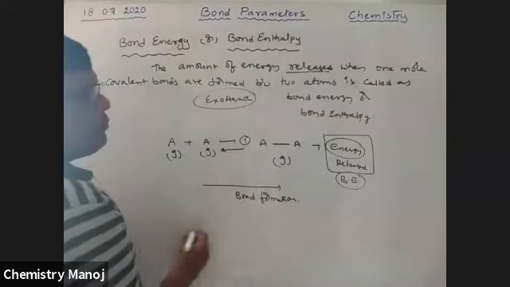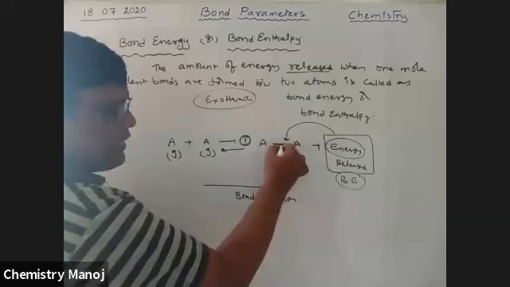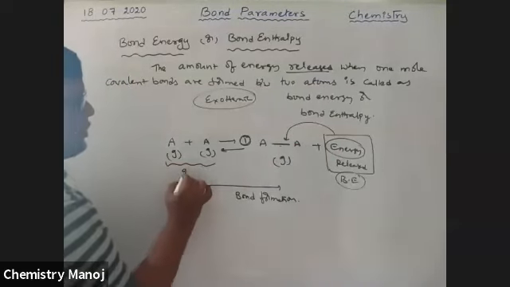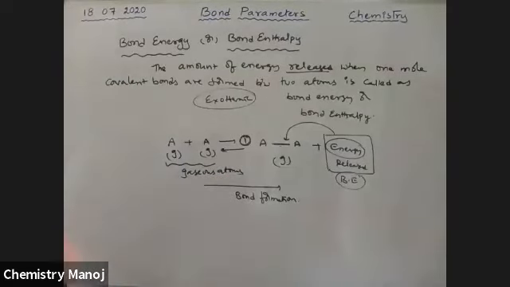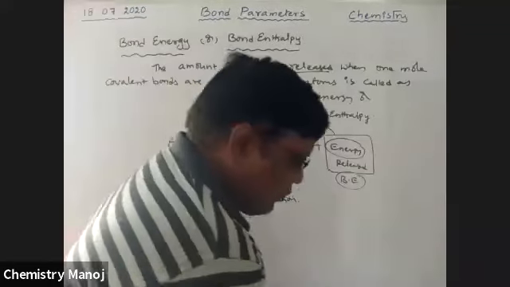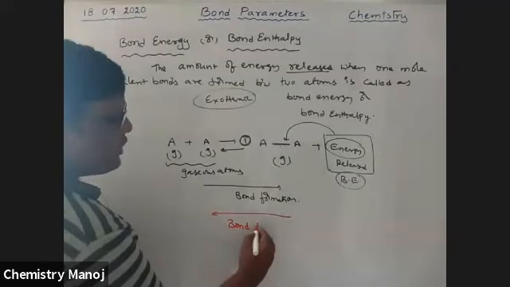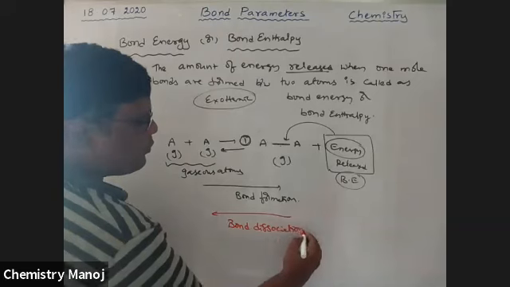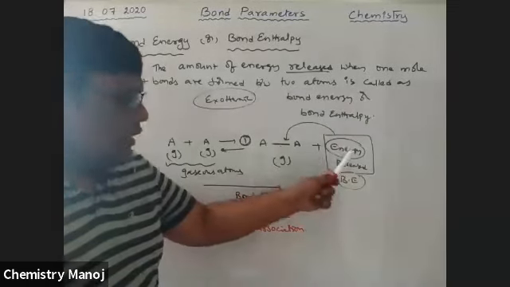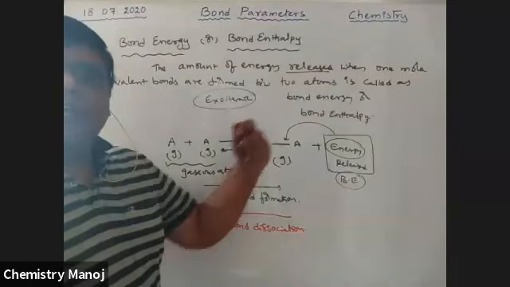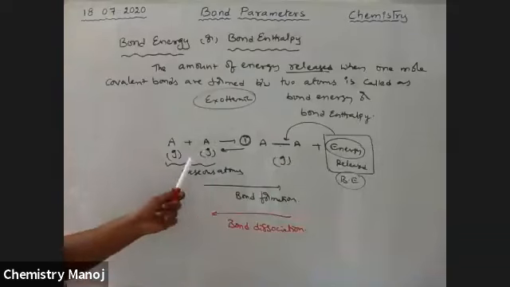Now I am taking the reverse case. In the reverse direction, I have 1 mole of AA molecule. This much energy is supplied and it converts into the respective gaseous atoms. That backward direction is bond dissociation. How much energy is required to break this 1 mole of bonds? The released energy is sufficient. If I add that amount of energy, automatically that bond is going to break down into the respective atoms.